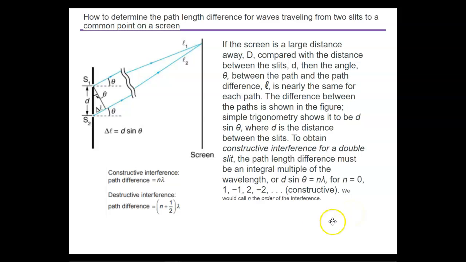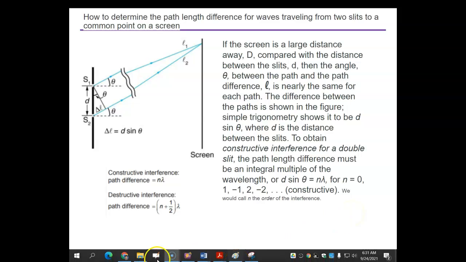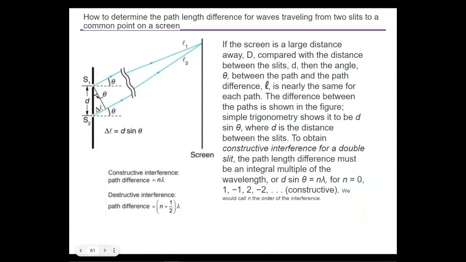How to determine the path difference for waves traveling from two slits. We're going to cover that in the next